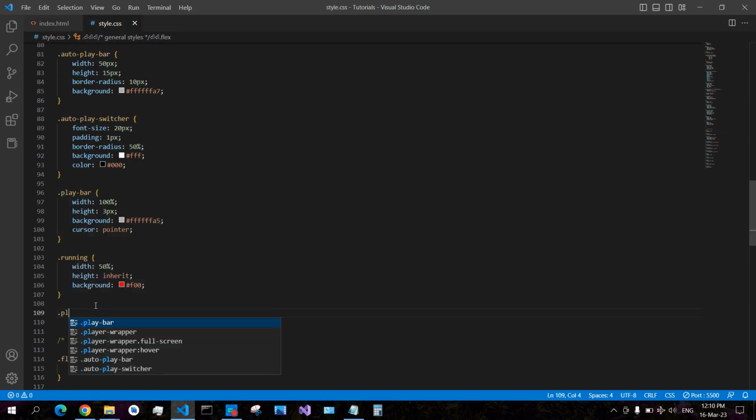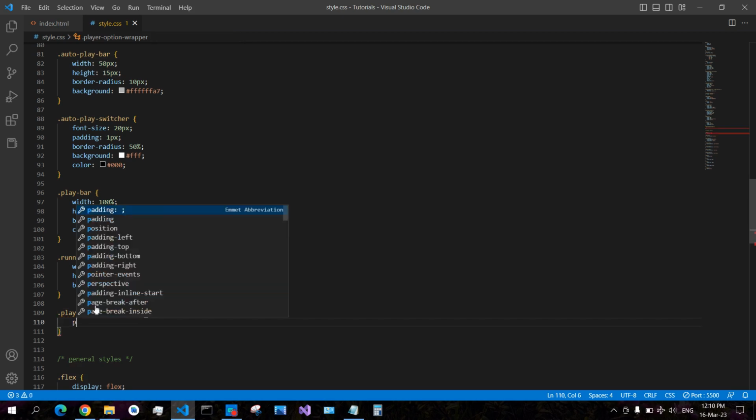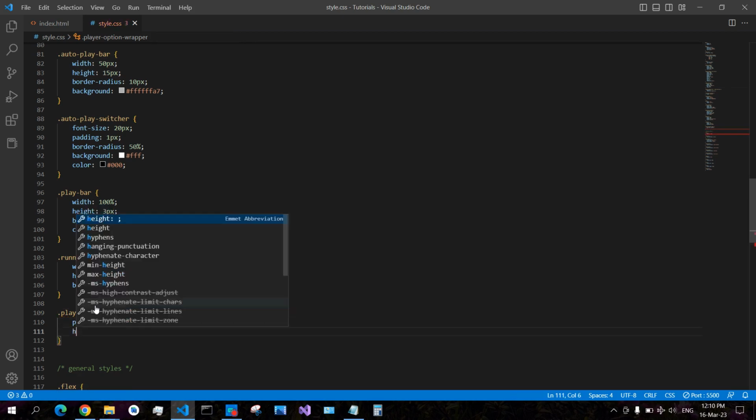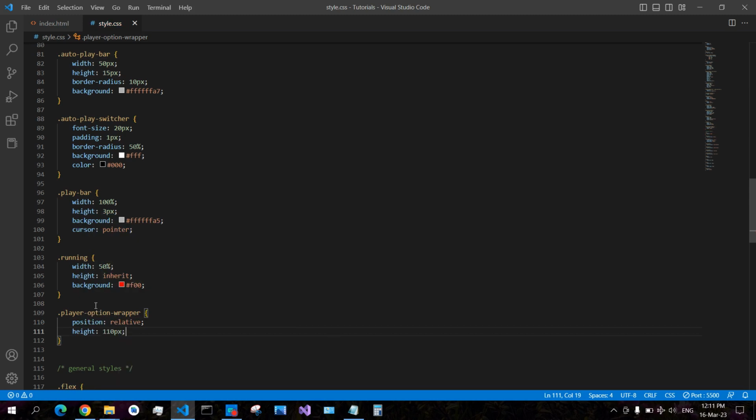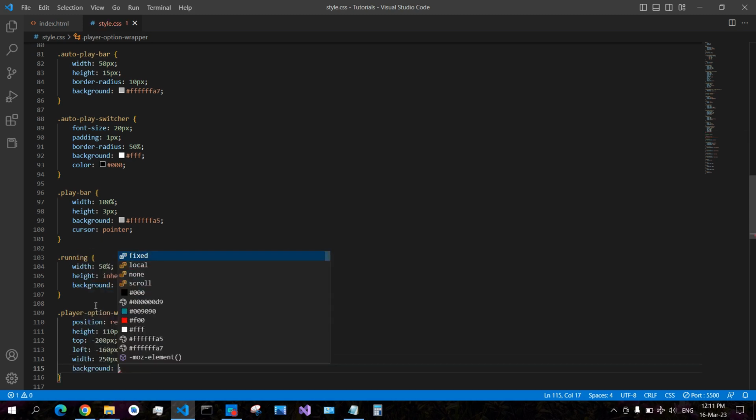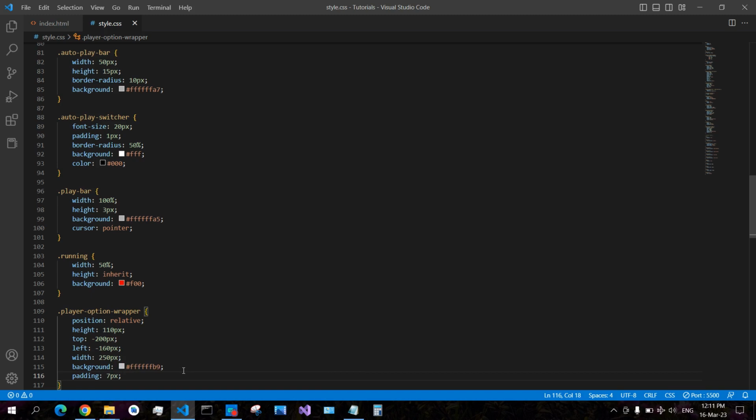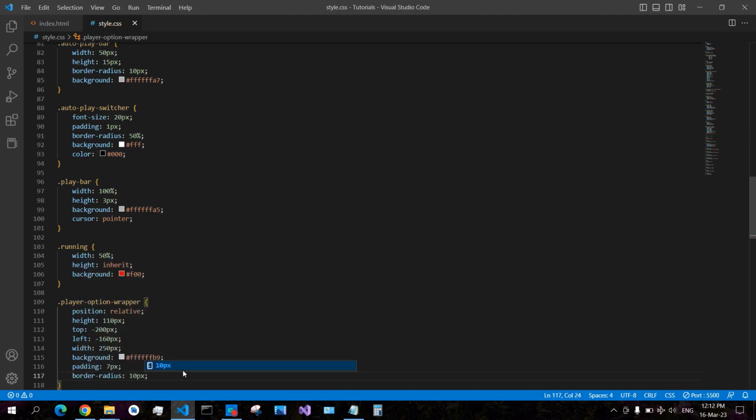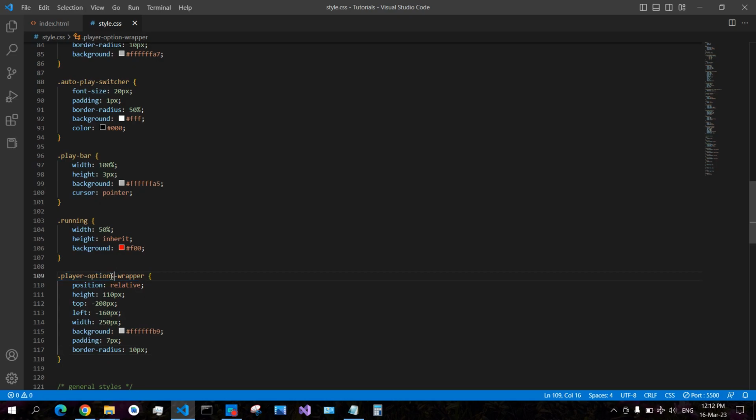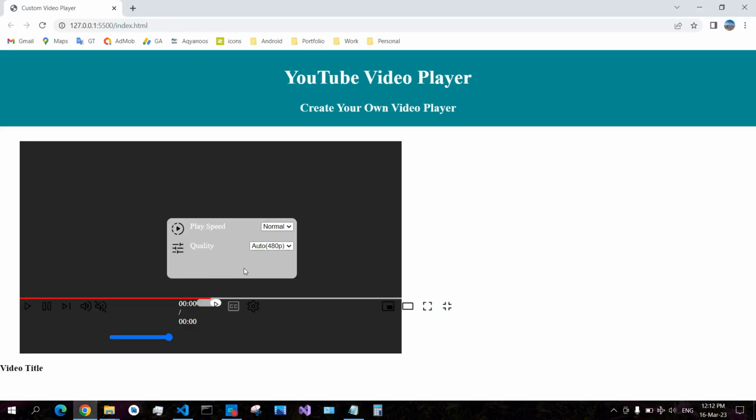For the player option wrapper, position relative, height 110 pixel, top minus 200 pixel, left minus 160 pixel, width 250 pixel, and background, padding 7 pixel, border radius 10 pixel. Options, that's why it is not working. So the settings wrapper,